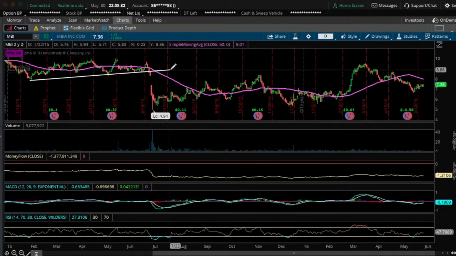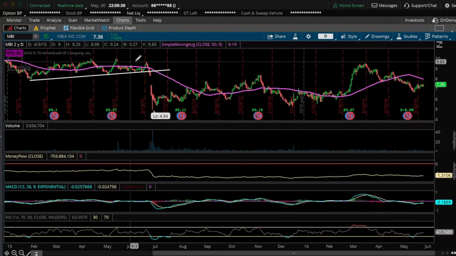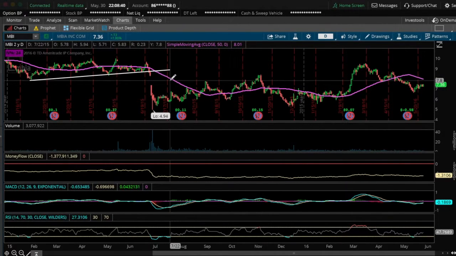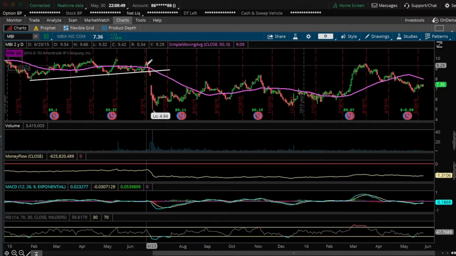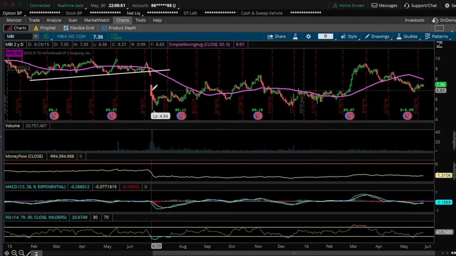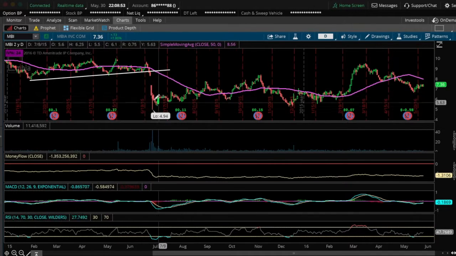and it was during a consolidation period, but then you can see this breakdown right here and the trending down 50-day moving average. Now we broke down here, which is a very sizable gap. We went from the top over here around $9.30 a share all the way down to around $5 right in